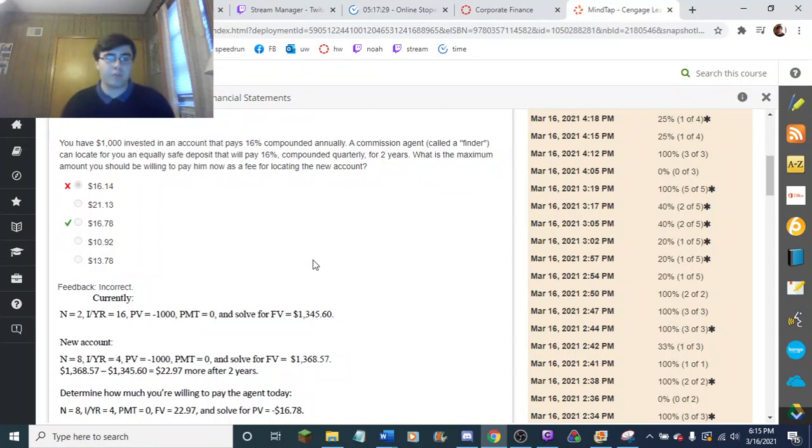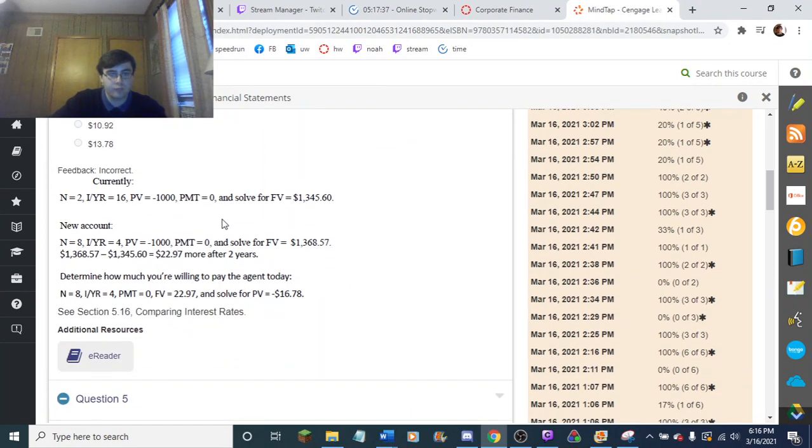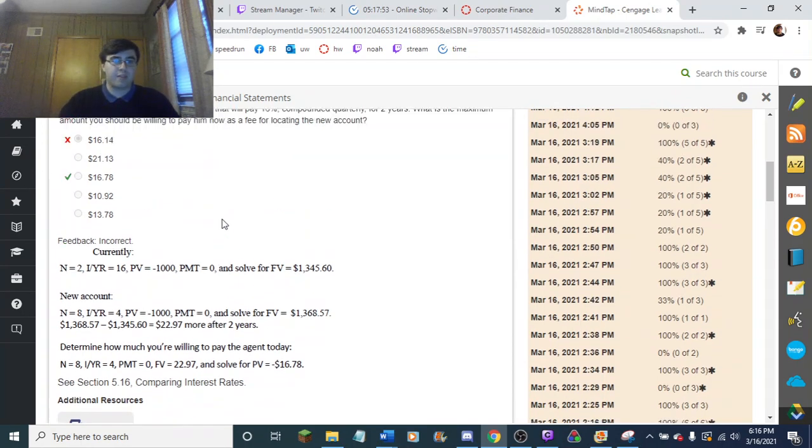and determine how much you're willing to pay him. So that's how much money you're going to save. The future value is going to be $22, but you have to calculate the present value. You're going to save $22 over 2 years, and that's the future value. So, but the present value of that